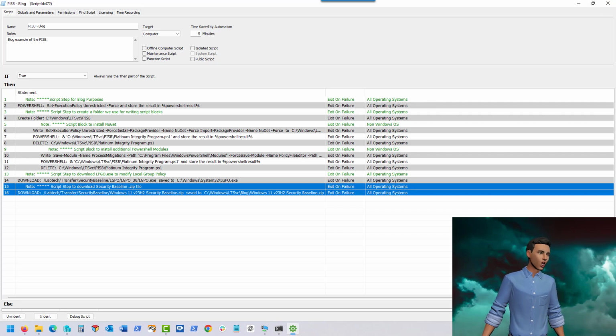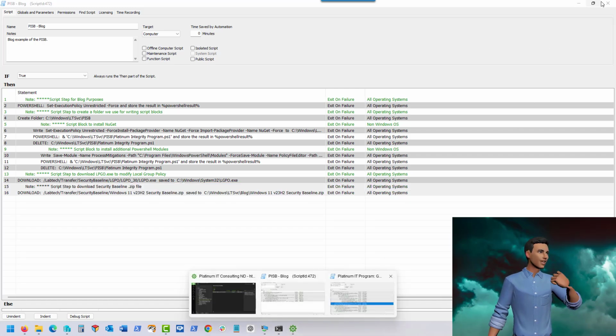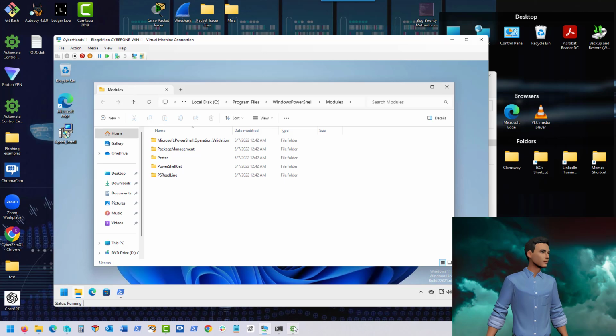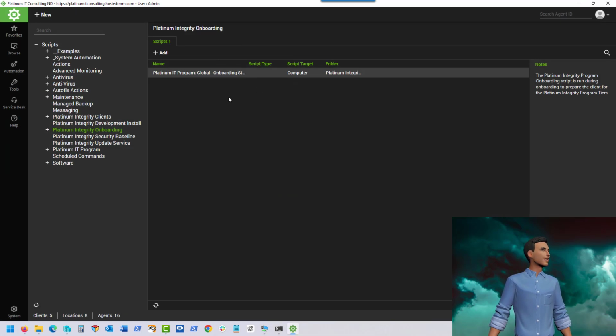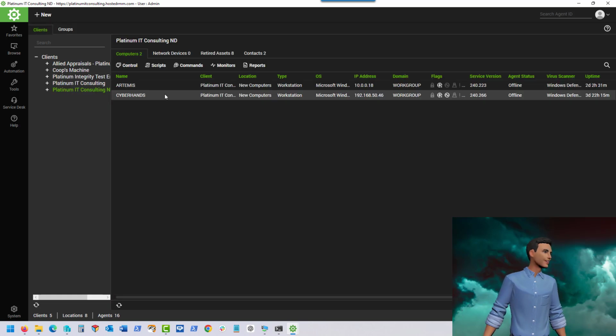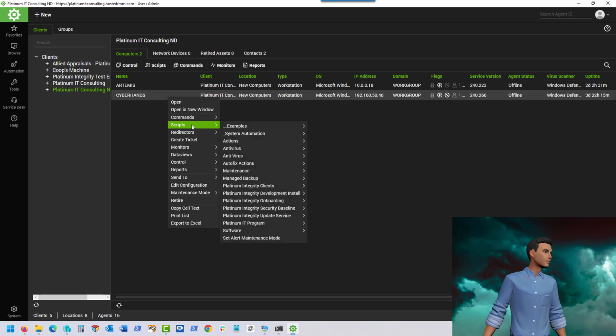Yeah, so let's see how this works. Let's apply it and see what happens. To apply this, to run this script, let me close this and go back to ConnectWise Automate. Let me make this big so it's the only thing here. And I'm going to go to Browse and CyberHands. I'm going to right click and Scripts